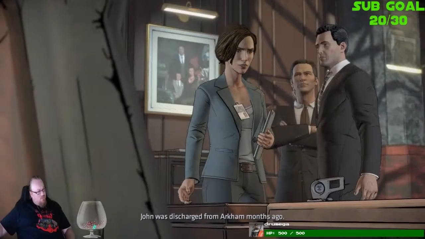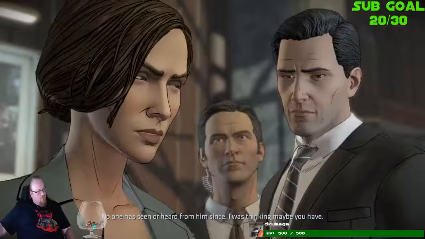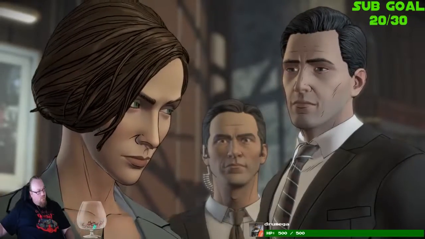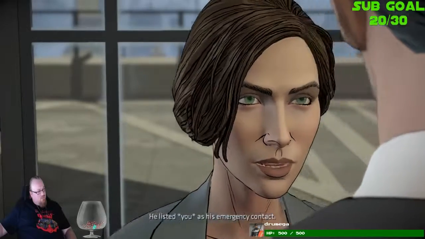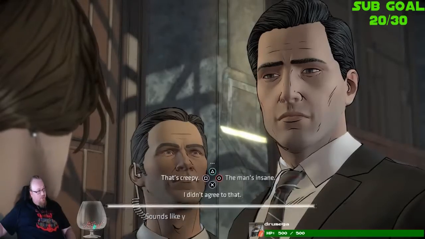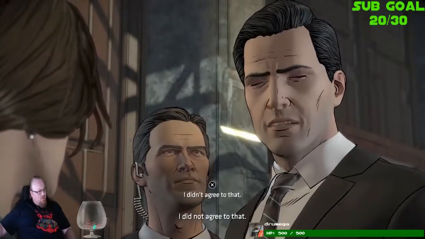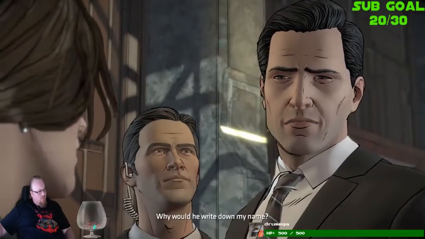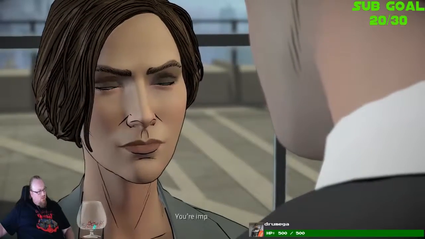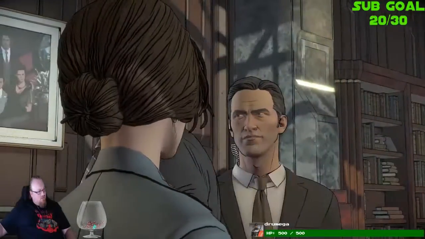John was discharged from Arkham months ago. No one has seen or heard from him since. I was thinking maybe you have. Why would you think that? He listed you as his emergency contact. Oh, well, sounds like you two were pretty close to me. I did not agree to that. Why would he write down my name? It's obvious. You're important to him. Well, I haven't seen or heard from him, so...